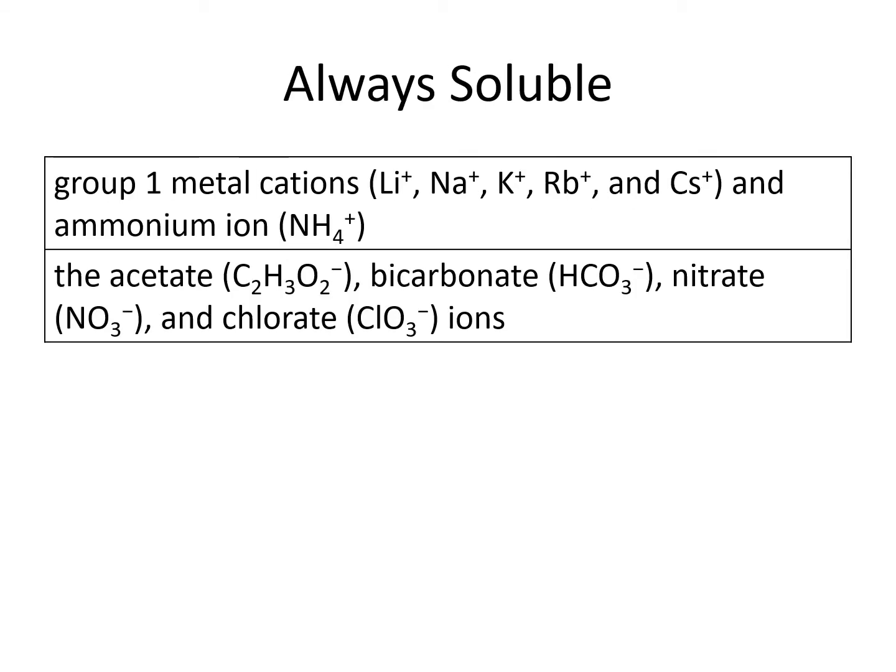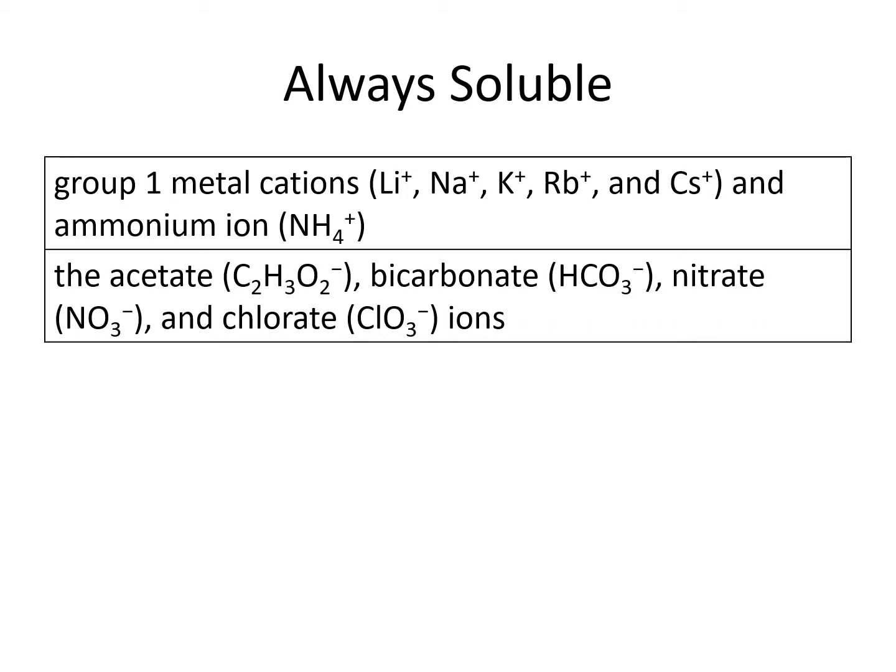Here's a list of some ions that are always soluble. I want you to memorize this list. The group 1 metal cations are always going to be soluble: lithium, sodium, potassium, rubidium, and cesium. Any compound containing an element from group 1A, no matter what it's bonded with, that compound will always be soluble